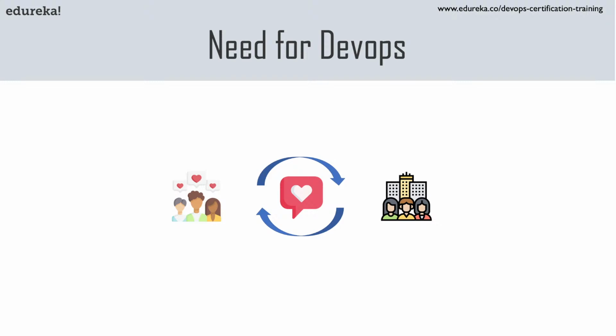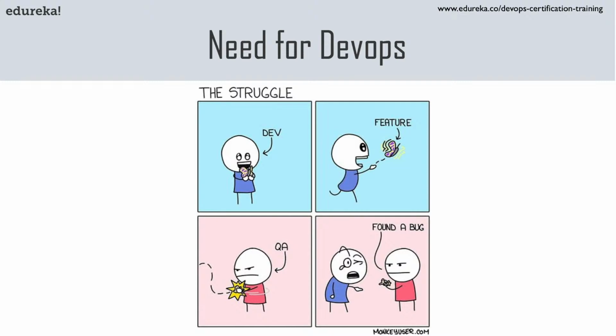Now, when it was solved using agile methodology, customers didn't have any complaints, but still there was room for improvement in terms of delivery of the software. So that was solved using lean, where a conscious effort was put in to reduce the time taken to complete a software project. Now that is sorted, let's have a look at a very good example over here, which can tell you what DevOps actually solves. So this is basically a preview of the problem which DevOps solves.